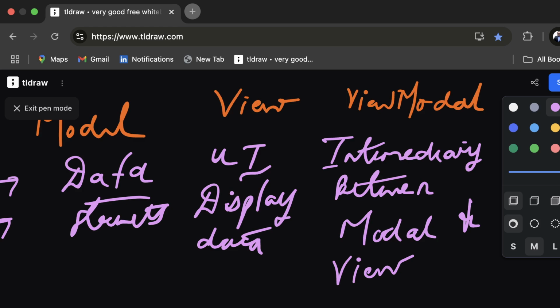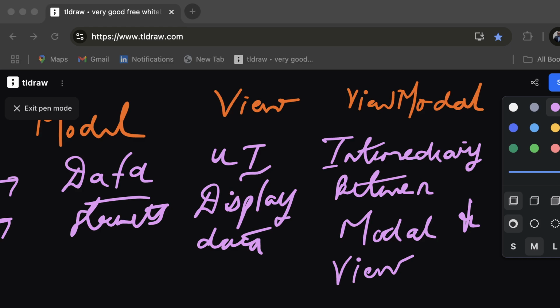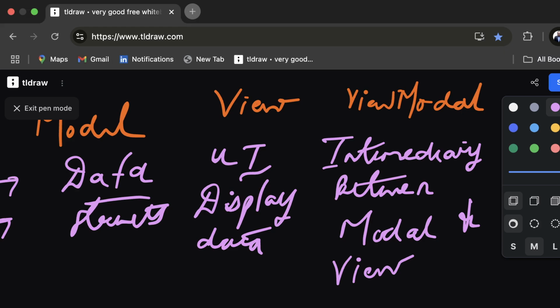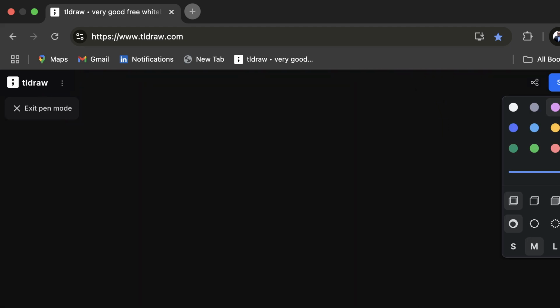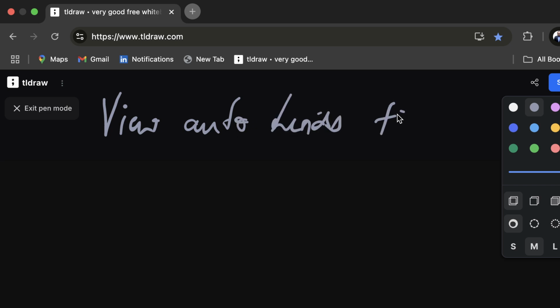So now MVVM is basically model, view, model. The first advantage is, in MVC, if there is a UI update, it has to go to the controller, right? But here, since we don't have that controller, the views are automatically going to bind to the data. So the view auto binds to the data. This is the first advantage of